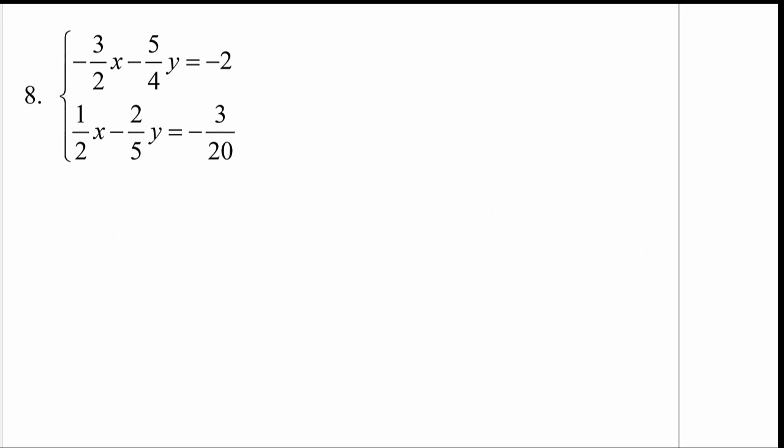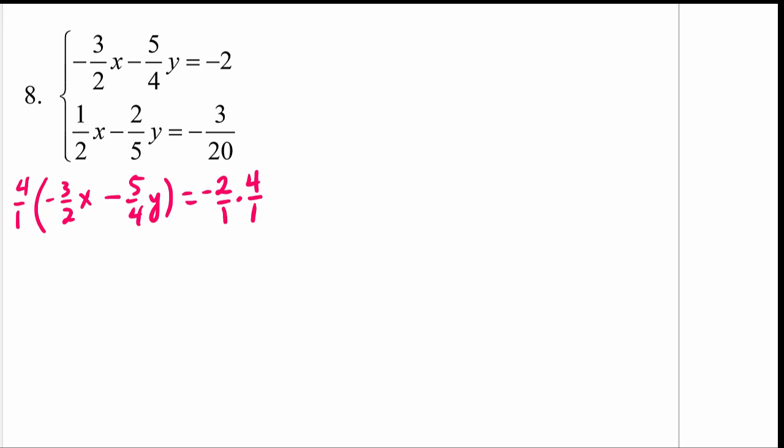Okay, so here's example 2. We're once again going to be multiplying to clear the fractions, and in that top equation, I think you'll agree that 4 is our least common multiple. I'm going to go ahead and multiply by 4 over 1, both sides of the equation. Now again, even though the right hand side is a whole number, an integer, no fraction, you do have to multiply that least common multiple times both sides of the equation.